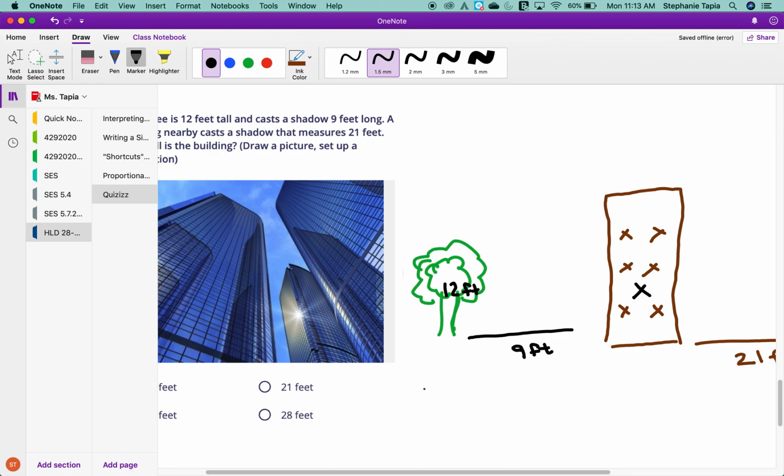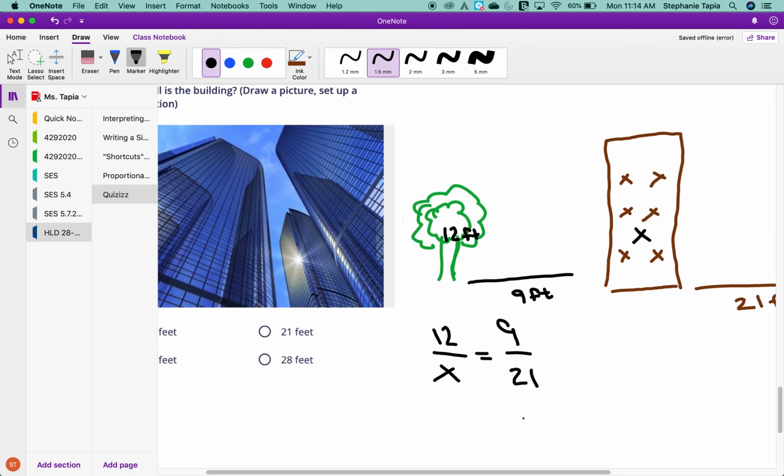So I'm going to do the height of my tree is to the height of my building, the same way that the shadow of my tree is to the shadow of my building. And you had a question very similar to this with the fire hydrant and the building on your other homework. So then again, cross multiplication, and I have